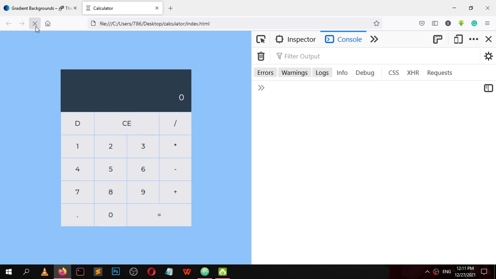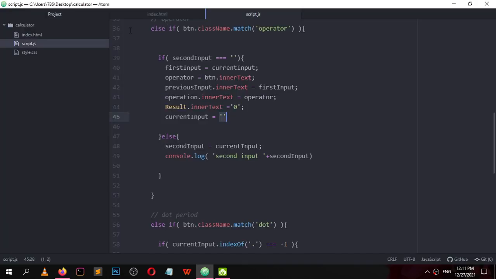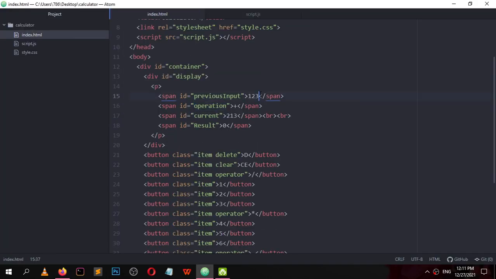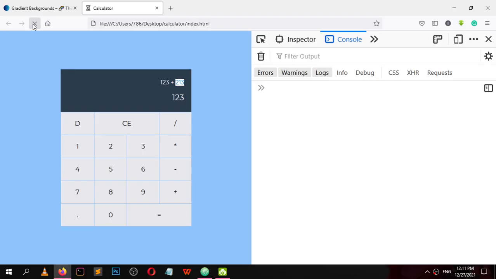So clear up. Now 1, 2, 3. One thing remaining is we will remove this hard coded element. This is 1, 2, 3. It is hard coded. This operator is hard coded. We need to show the 0 whenever we start the calculator.